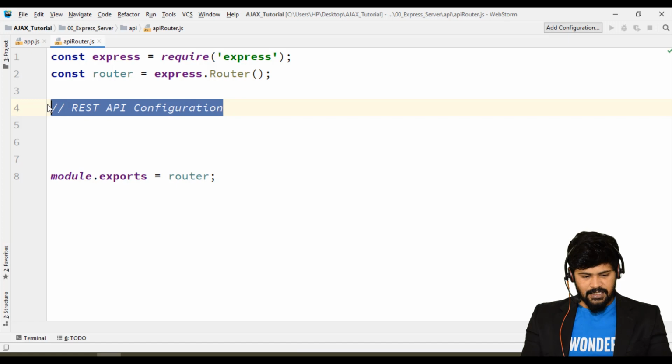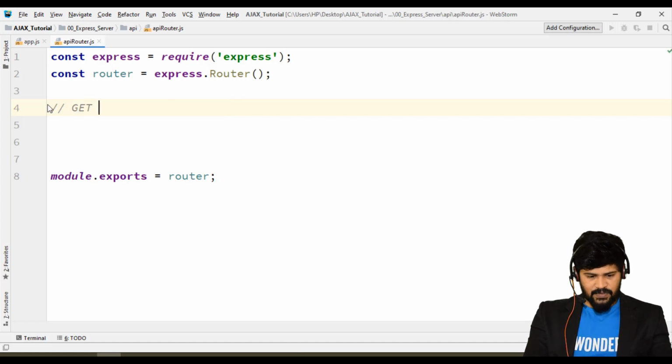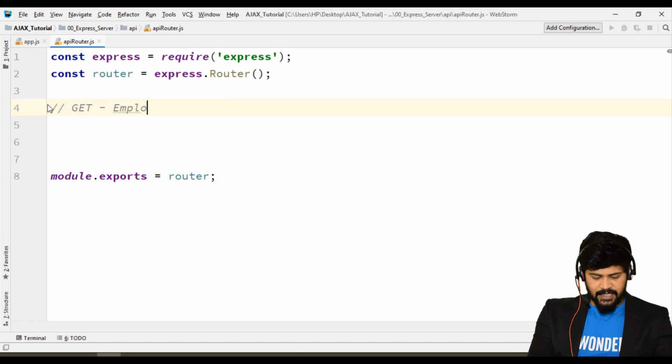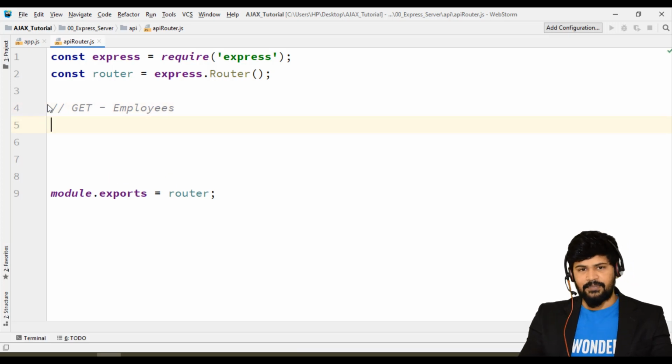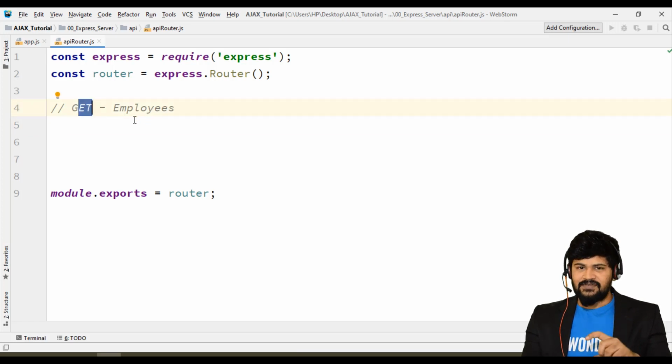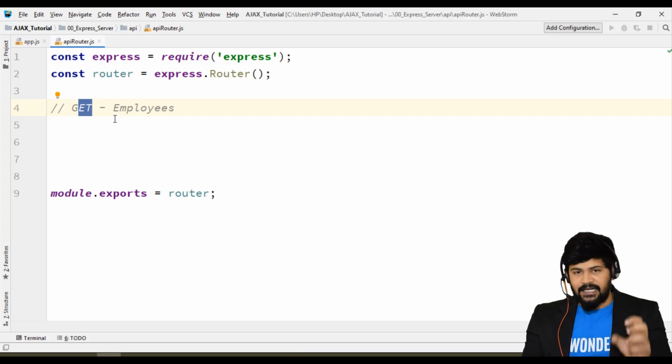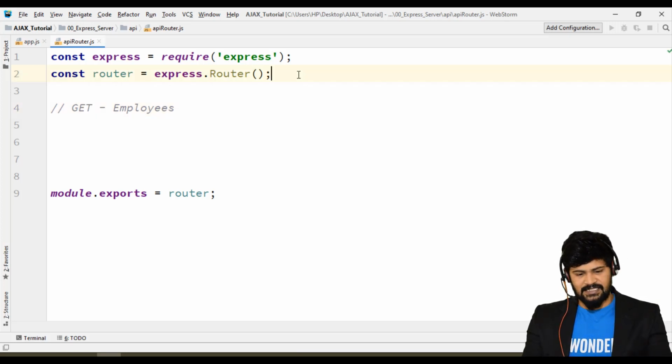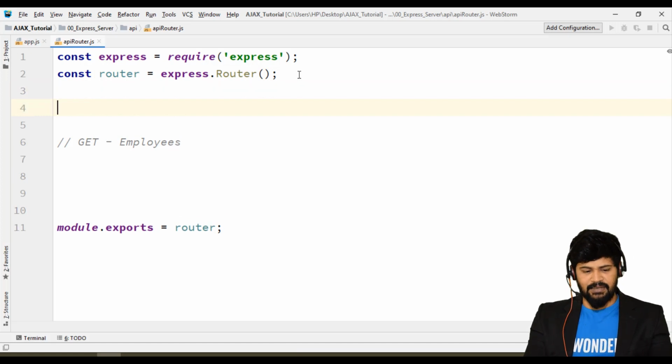So here we're going to make a request. First one, I'm going to make a GET request, get employees. So get all the employees. Generally what happens is on the client side you will send a GET request to the server. So what the server has to do is give you back all the data, all the employees. So for that I create some in-memory data because I'm not using any database. I just create my own local server array.